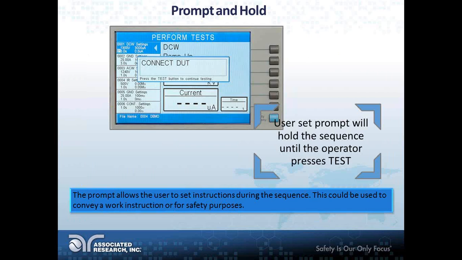The next thing is prompt and hold. This is a feature on some of our high-end electrical safety analyzers. The way this works is that it allows the user to set instructions during the sequence. In this picture, as you can see, this is a screenshot of the Omnia 2